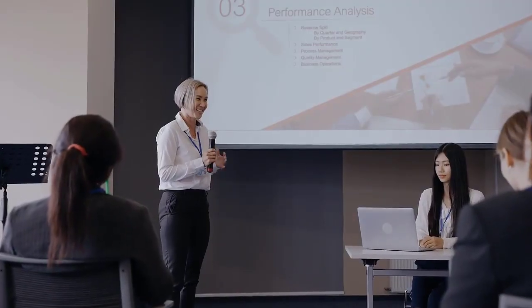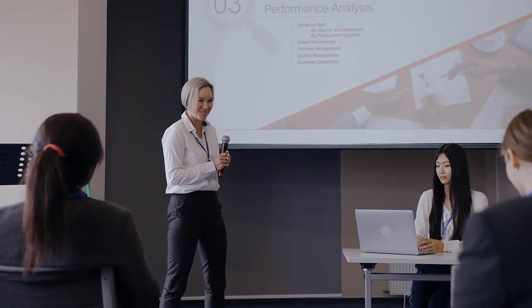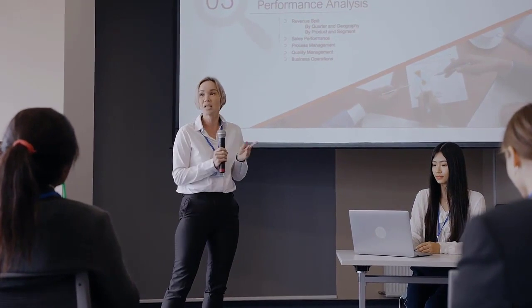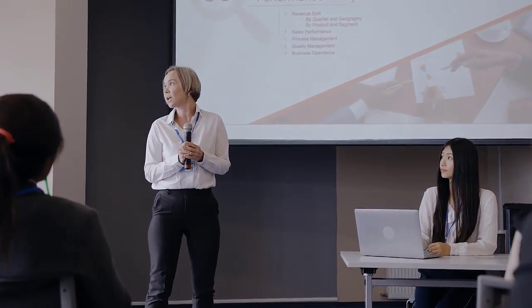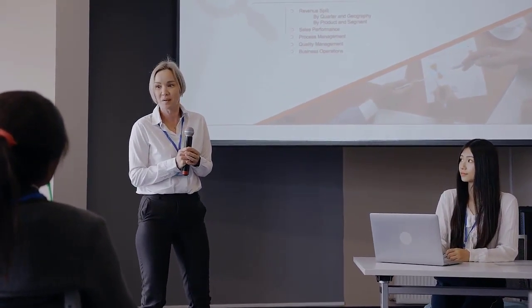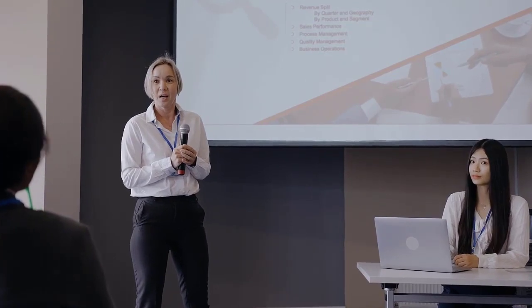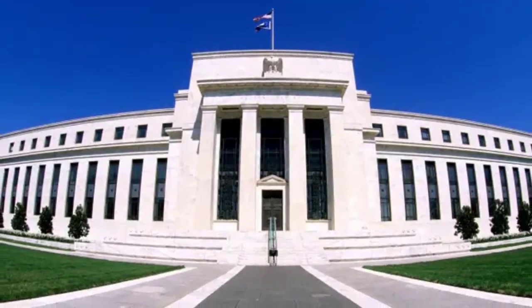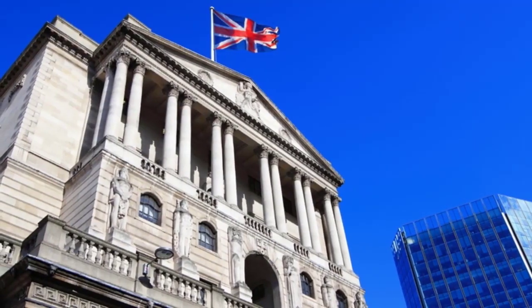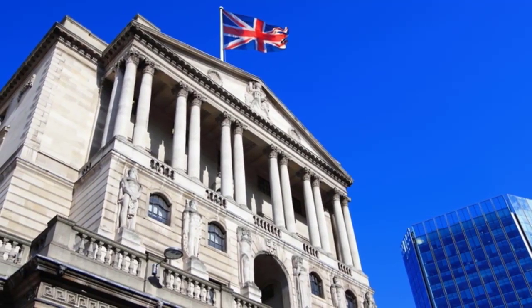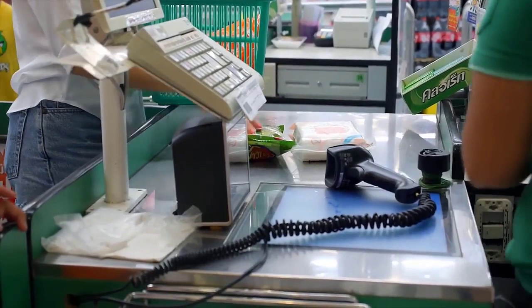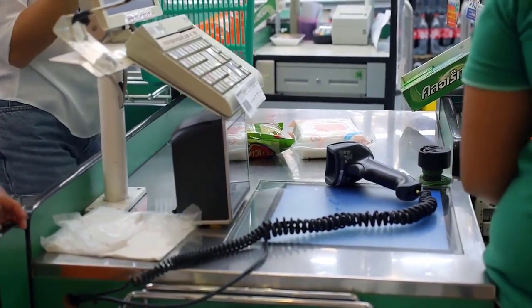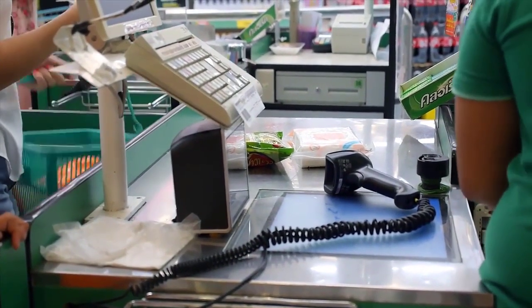There are several ways to generate wealth through inflation. By understanding the relationship between inflation and different types of investments, you can make informed decisions about allocating your resources and building wealth over the long term. In conclusion, central banks, such as the Federal Reserve, play a crucial role in controlling inflation through the use of monetary policy. For example, suppose inflation is too high. In that case, a central bank may raise interest rates, making it more expensive to borrow money and slowing down